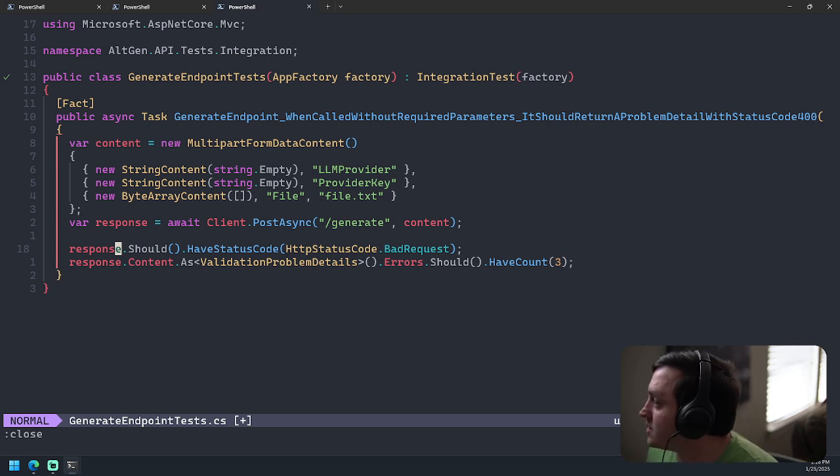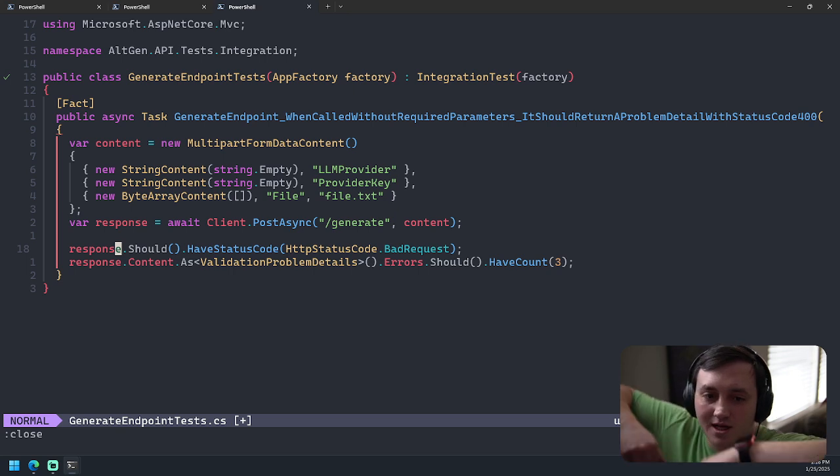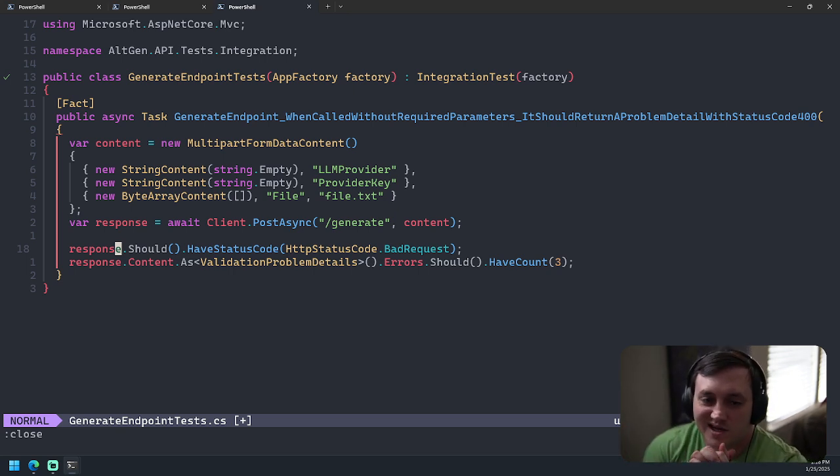Okay. Let's see, we're going for about an hour and a half now. An hour and a half, we have one test and an endpoint that kind of does something.